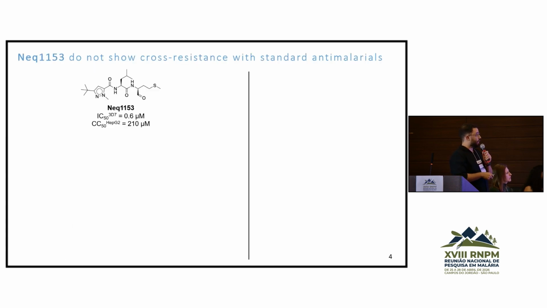With that, I would like to show you some of the results that we got. We performed a screen of a few protease inhibitors against the chloroquine-sensitive parasite 3D7, showing quite promising IC50 around 600 nanomolar and no cytotoxicity effect against Hep2 cells. Trying to understand more about this compound, which we're going to call 1153 during the whole presentation,